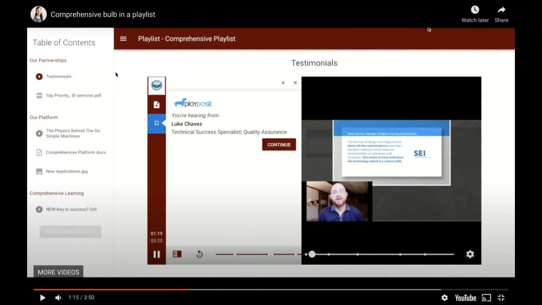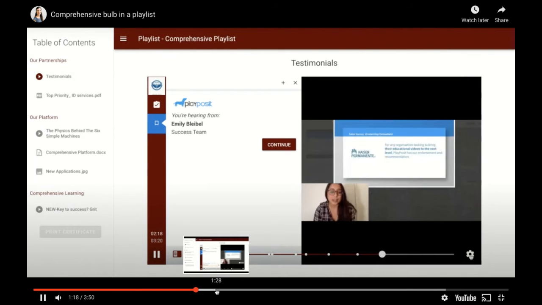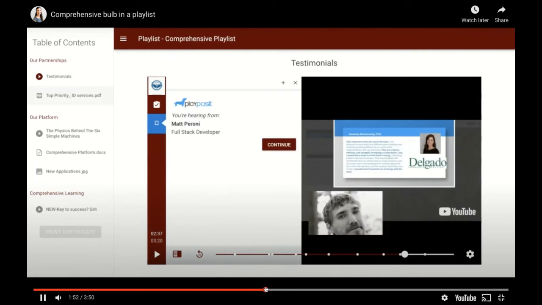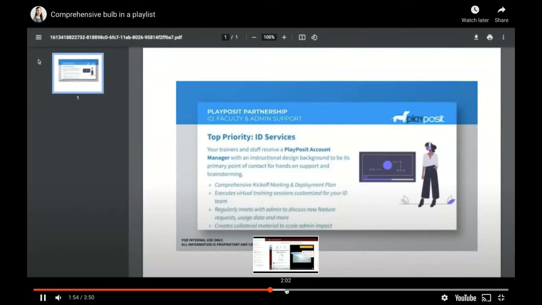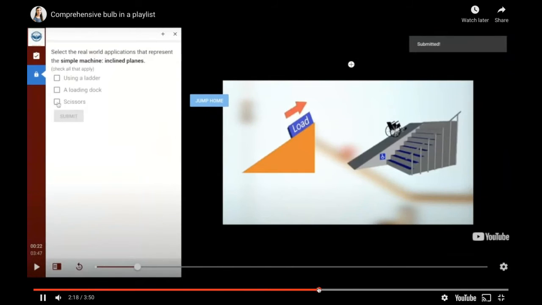All right, so as you noticed, as we were going through that playlist, it includes a table of contents that has different titles for each of the modules within this playlist. It also included bulbs and resources dispersed throughout as well. We aim to give learners a full, comprehensive way of learning and absorbing all of this content. So just a really great way to consider adding all of those resources to a single playlist too.